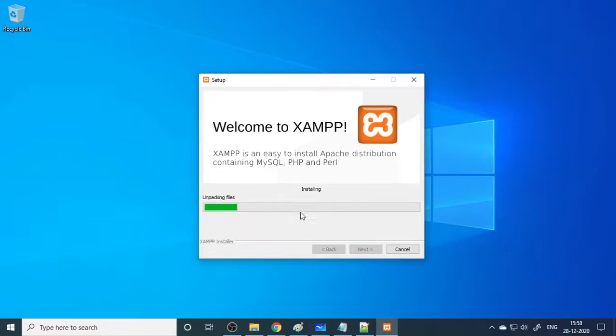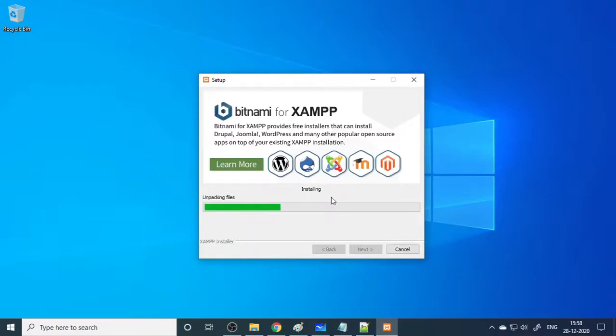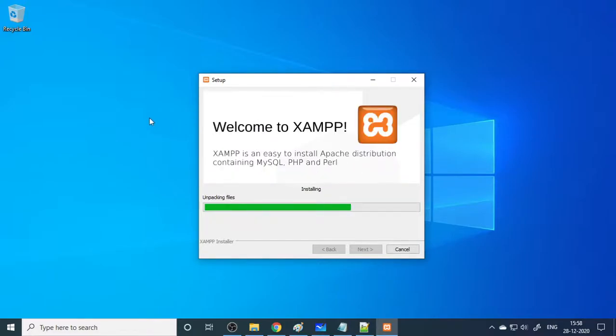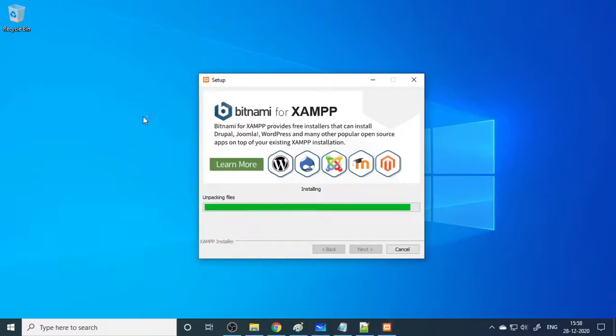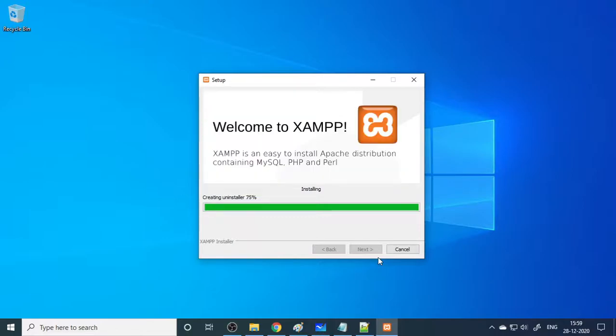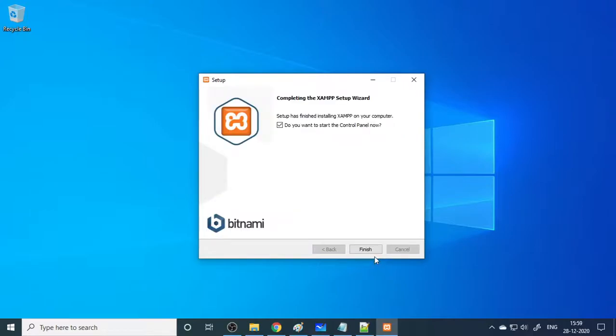Now it's unpacking files and installing.